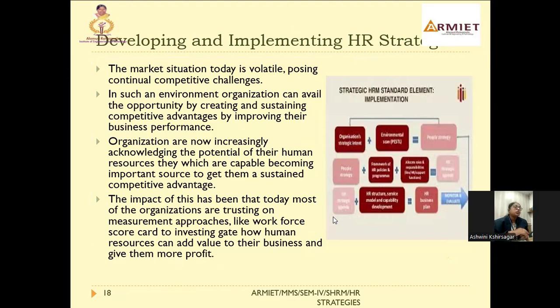The market situation today is volatile, presenting continual competitive challenges. Similarly, strategic organizations are always impacted by this, and today most organizations are trusting in measures like the workforce scorecard to investigate how